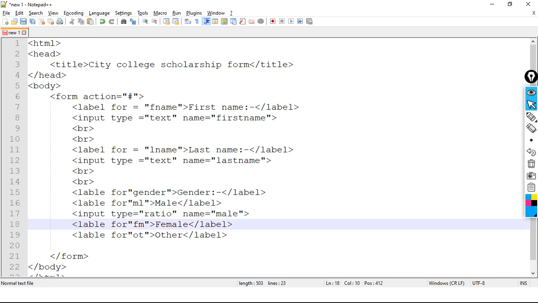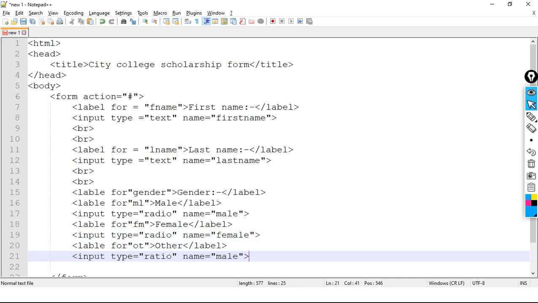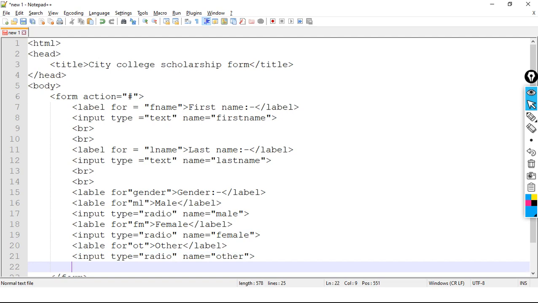Then we have a radio button, sorry, here not ratio, it's radio, and the name is female. Similarly, we have input type radio for other.